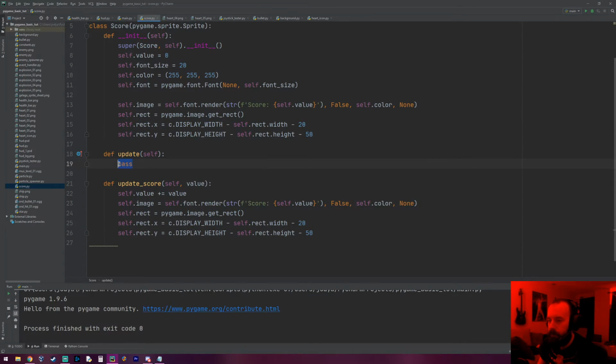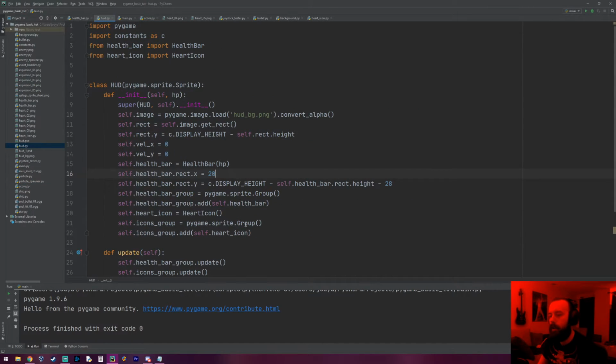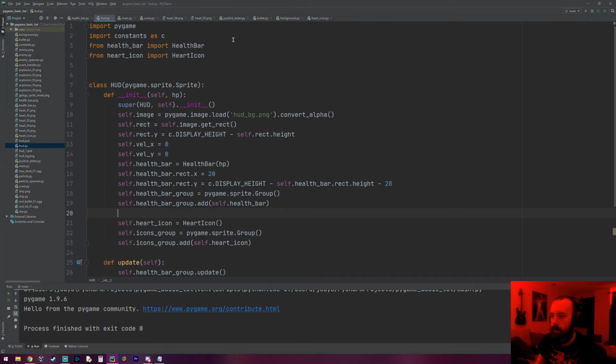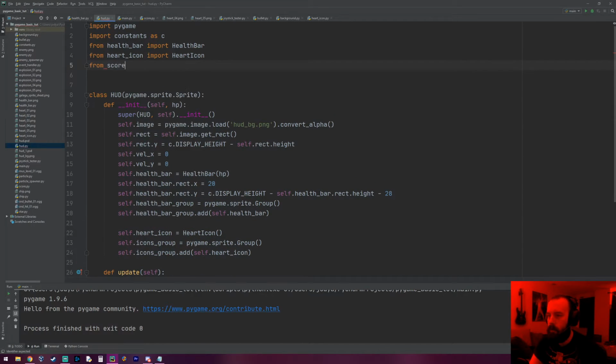That should be that. We're probably not going to need anything in the update method. We still need to have it though, because every sprite should have an update method. So let's go to our HUD, because we're going to add it to the HUD. So HUD.py, and let's put it right here. From score import score. We'll do self.score equals a score object, and